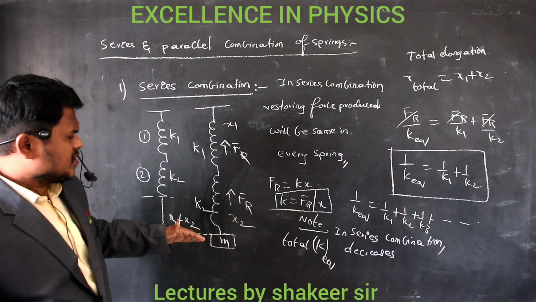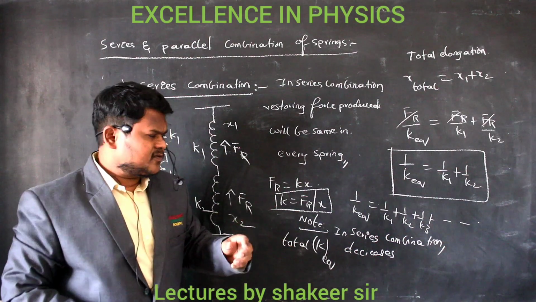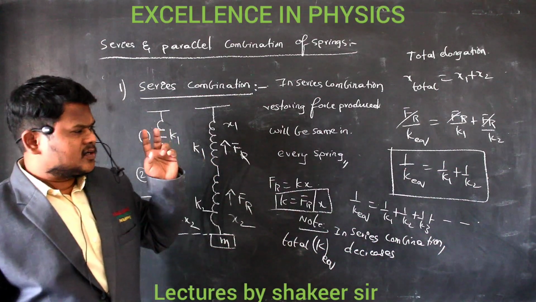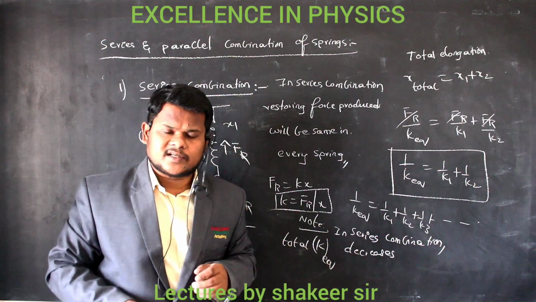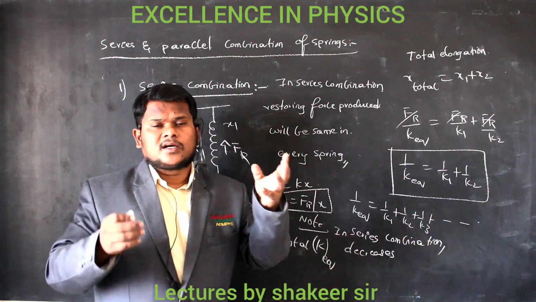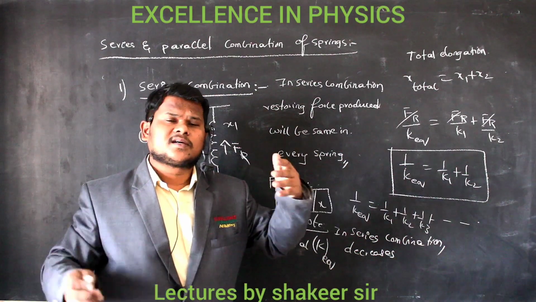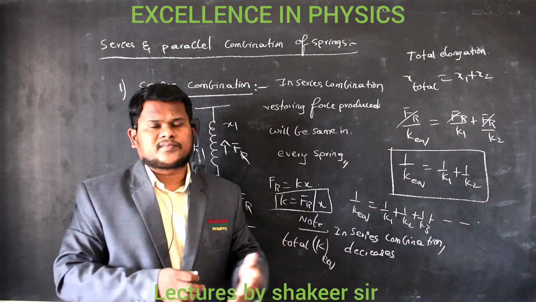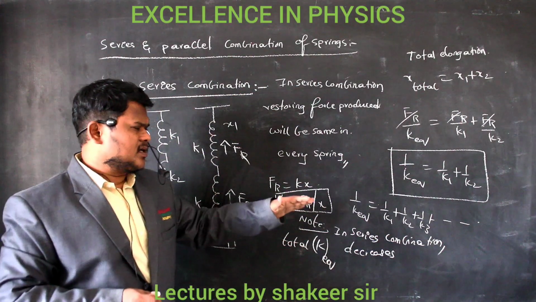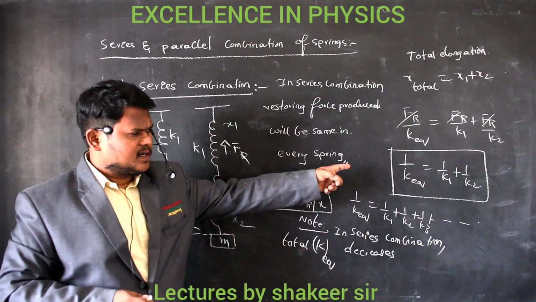So if k value reduces, it is easy to elongate that particular spring. So for a series combination, k value is reducing. So therefore, to elongate one spring, it is tougher. To elongate two springs in series, it is a bit easier. To elongate three springs in series, it is much easier. To elongate four springs in series, it is very, very easy. That is the meaning of this one. Are you able to understand? So total k value in series combination decreases, and that is the equation.